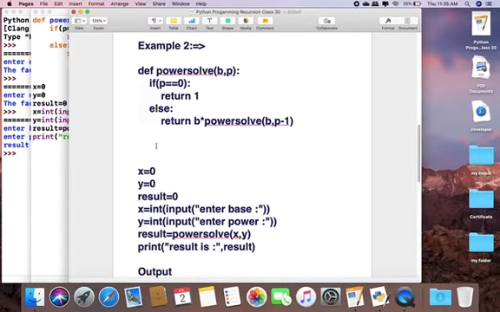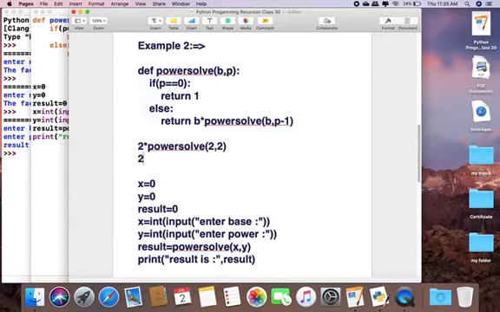So it will return 2 into power solve 2 comma p minus 1. Again we are calling the function. In the second call, p equal to 2. Is p equal to 0? No.